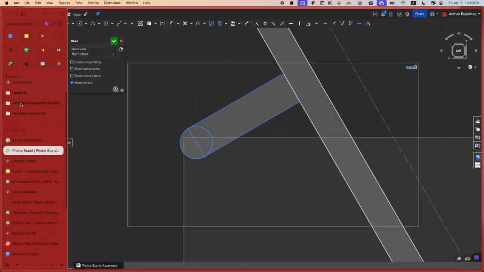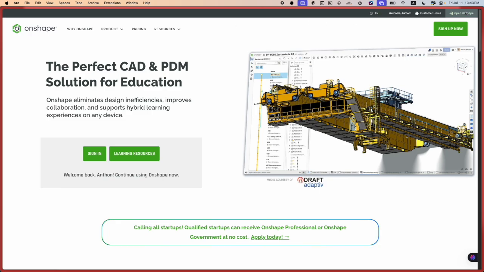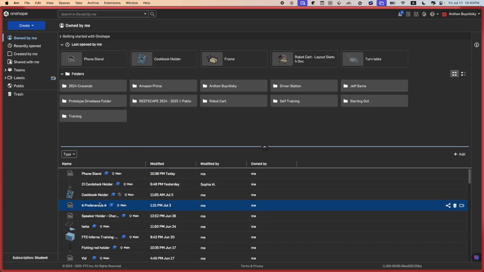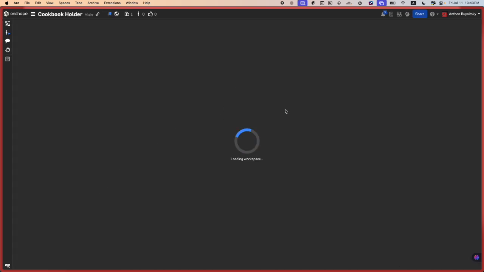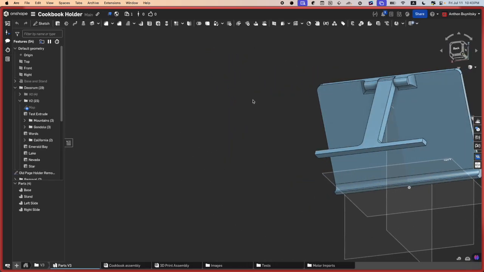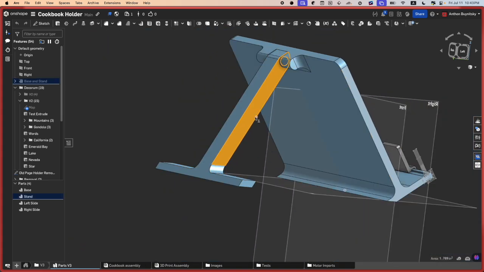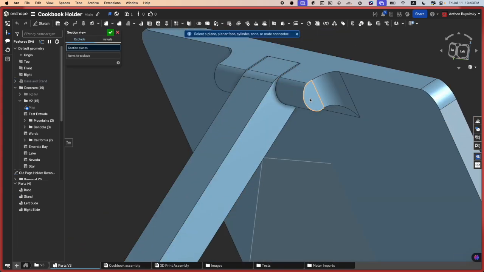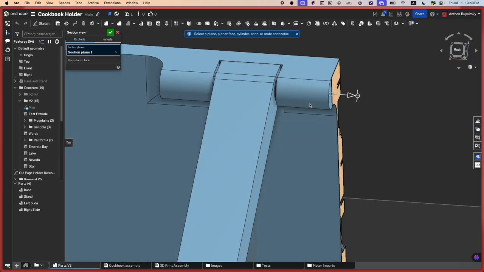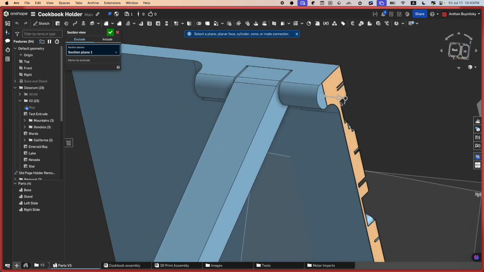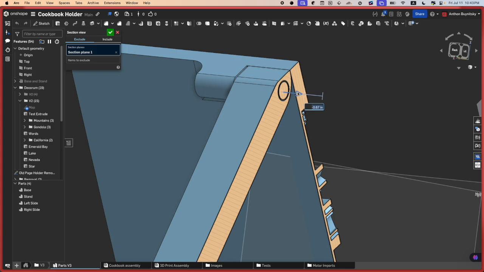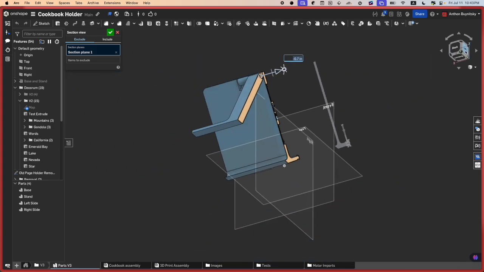I actually did make an example of this in the cookbook holder that I made for my mom. So we're gonna quickly go to it, and I'll show you how it looks. On the back, here is the pivot point, right? This little stand over here pivots to the base. So if I do Shift X and I press on the section view, I'll move this arrow here, and you can see that from the left view,